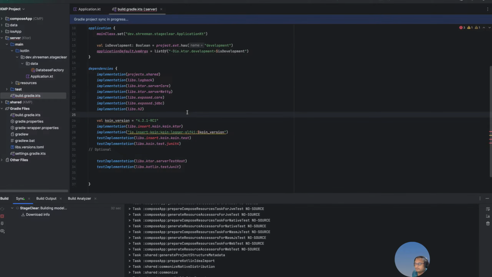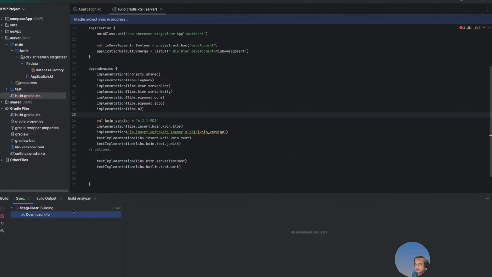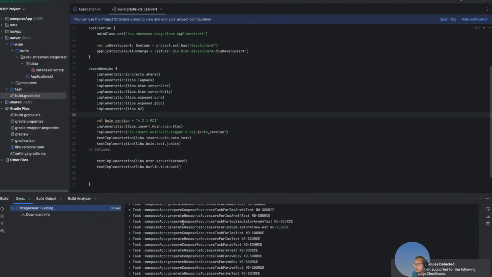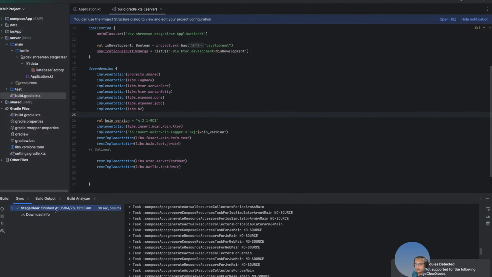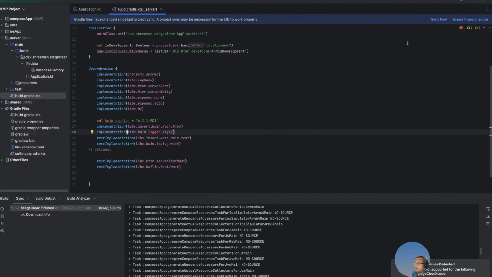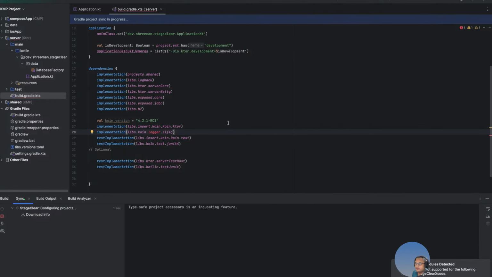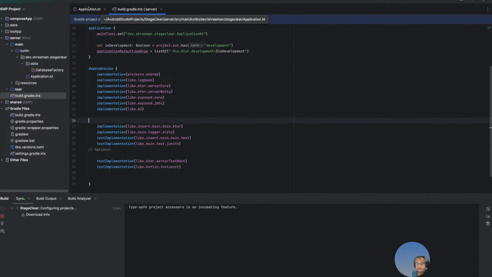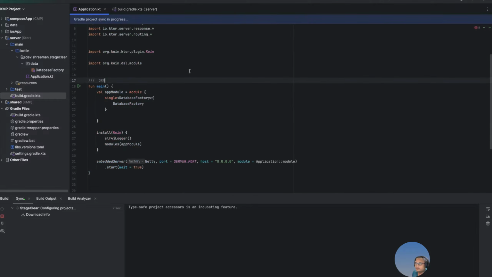It's importing all those things. I don't think it needs to download anything. I don't know. This one needs to sync again. If everything is going to work, this should be like